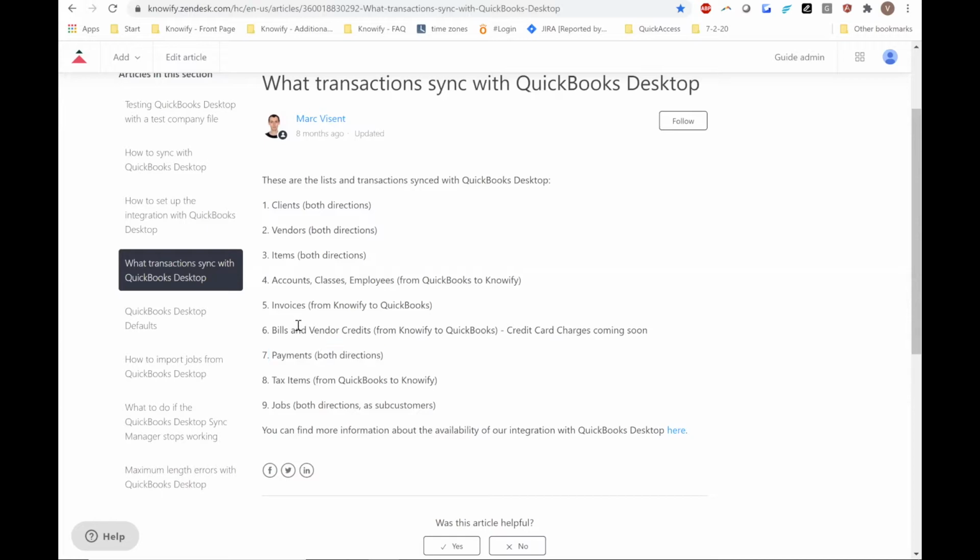The same thing goes for vendor invoices, which are referred to as bills in Knowify, or any kind of vendor credits. These need to be logged in Knowify and synced to QuickBooks. We are in the process of expanding this to include credit card charges so that you will be able to sync over a credit card expense from Knowify to QuickBooks and then match that expense to your credit card's bank feed in QuickBooks. This is something we already have built for the online version,